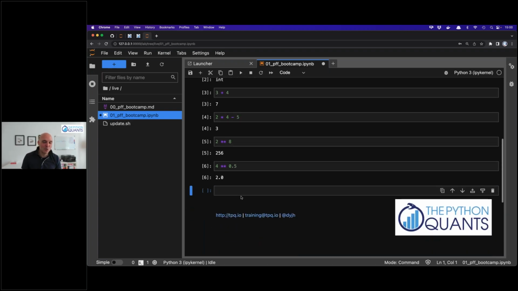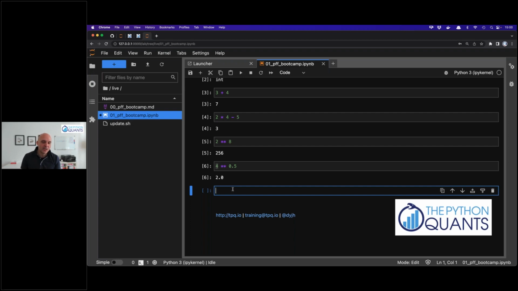This gives 2. But we see already here that this operation where I use something that is not an integer suddenly gives me something that is something else, because here we see 3, 7, no dot 0, suddenly it's